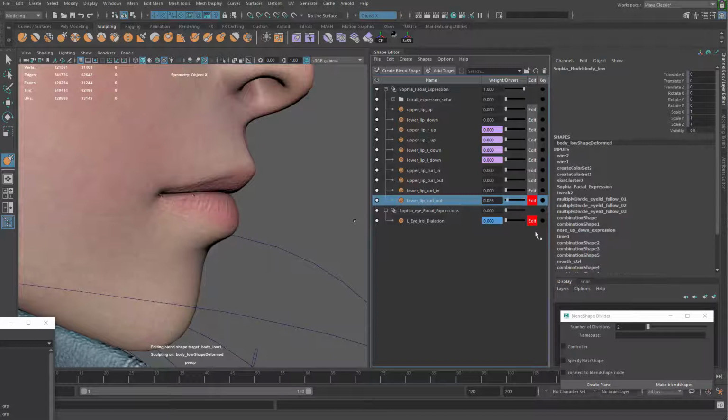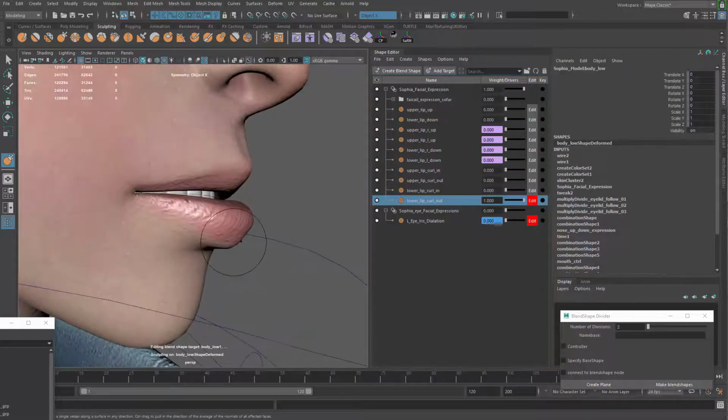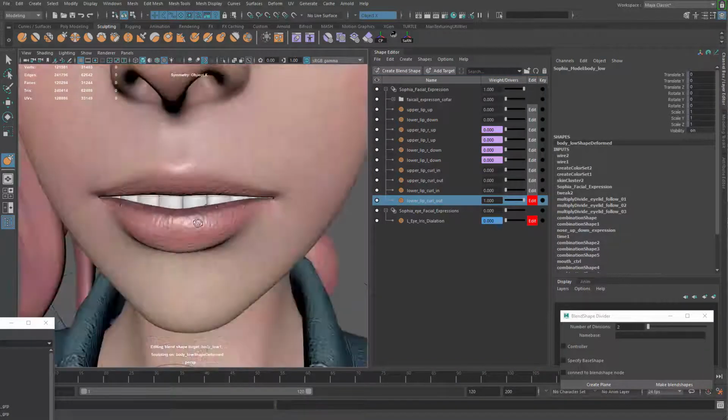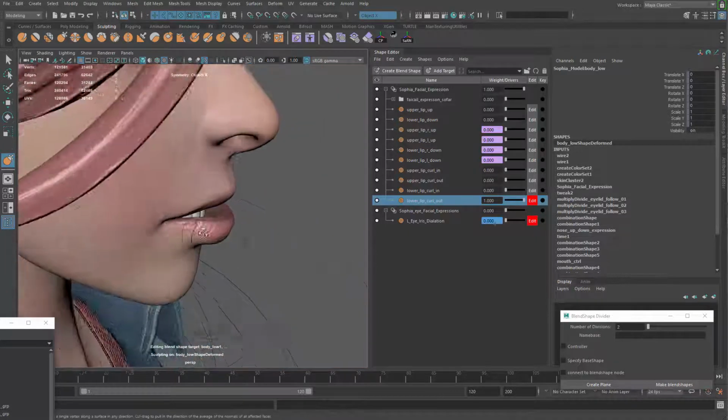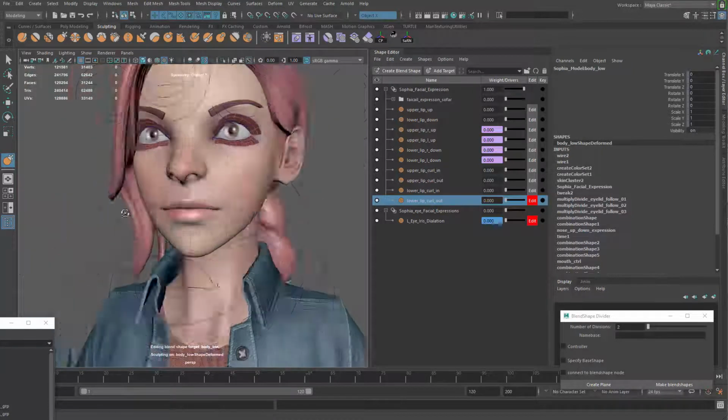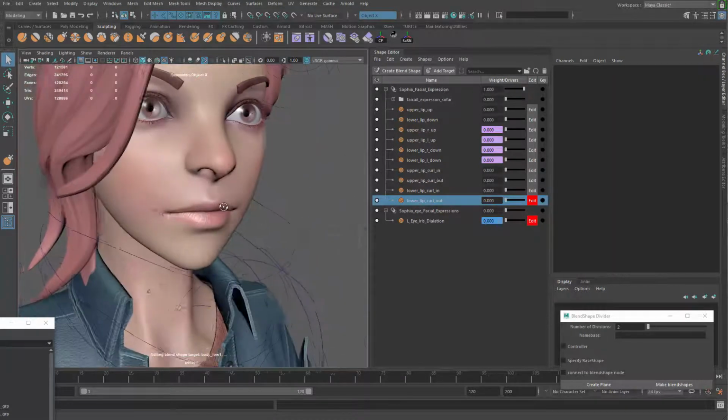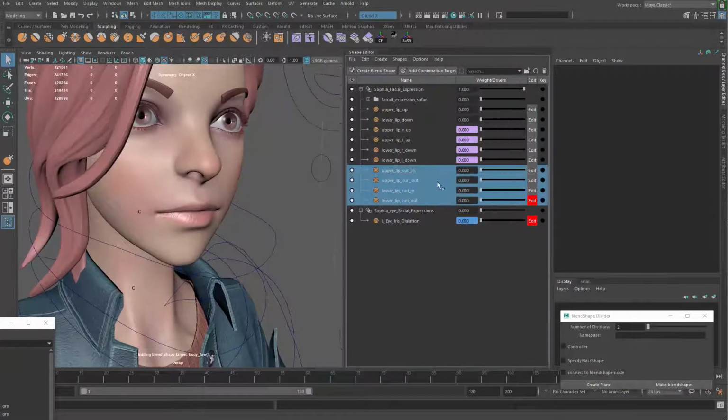So it's like rotating out. Okay, so that's the curling in and out for both up and down,